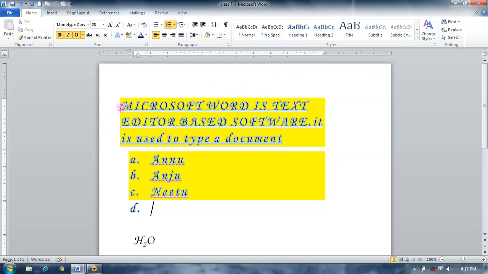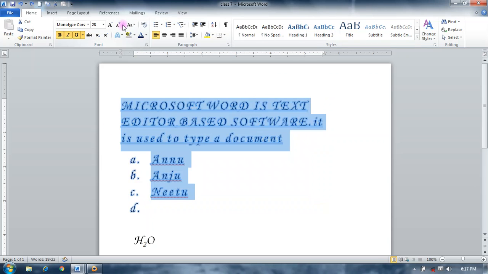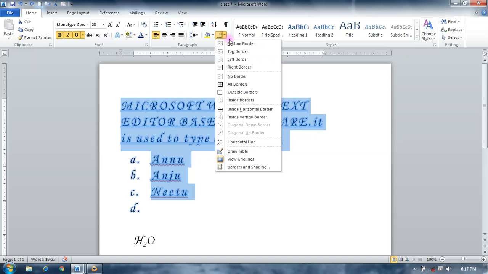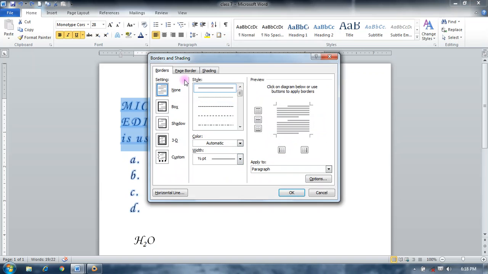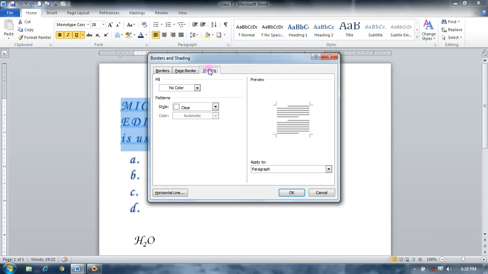Or again press Ctrl Z to undo the action. This option is used for applying a border. These are the different types of border options, and you can also apply the border and shading from this option. This is page border and shading.